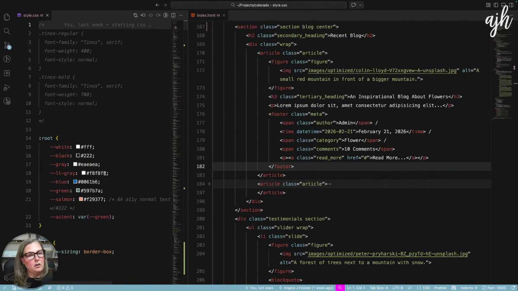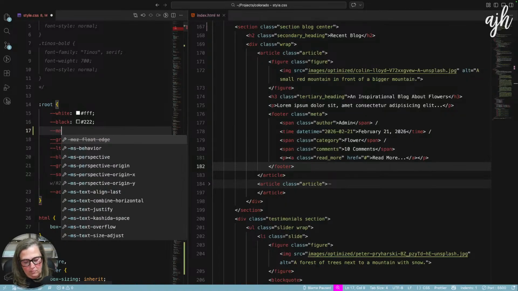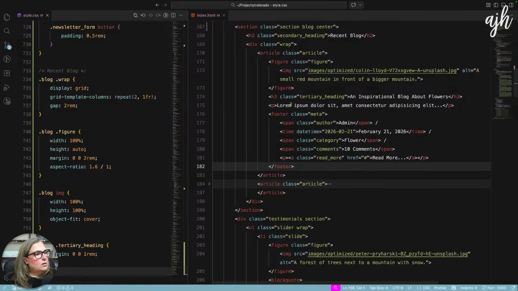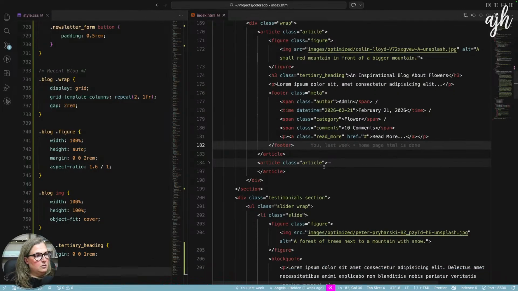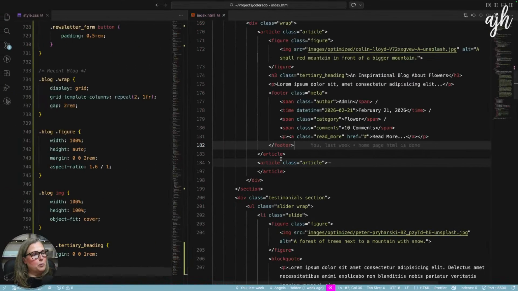So let's add a new color. We'll call it medium gray. And then here's our footer meta. So I'm going to make everything gray, but we're going to restyle the read more link. That will be different.